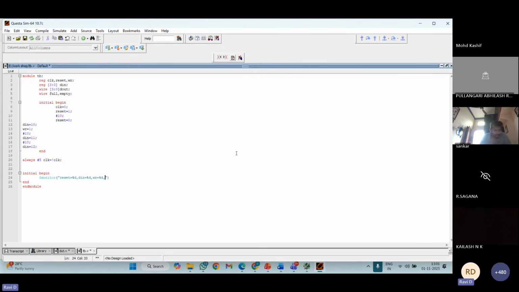So write and read enable signal, and dout, and full and empty.